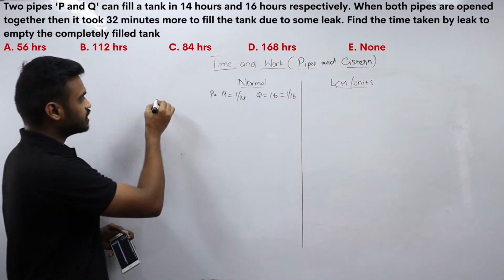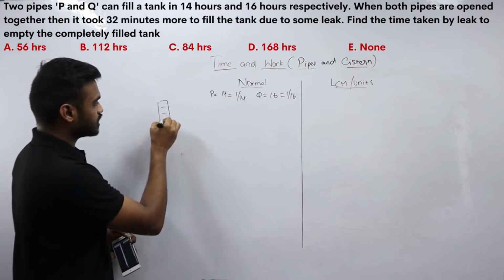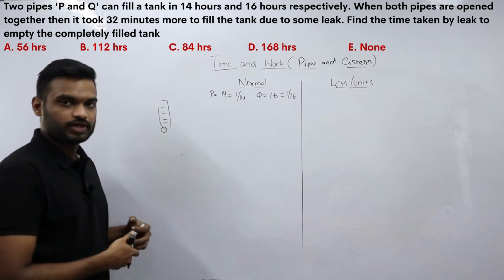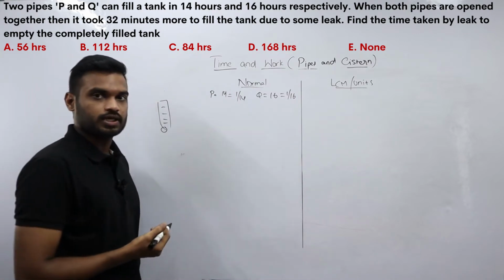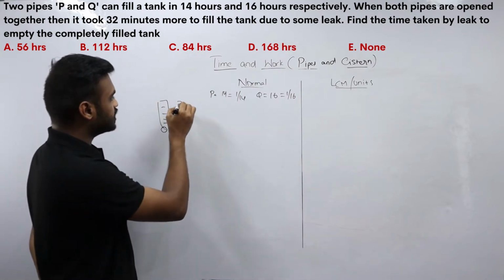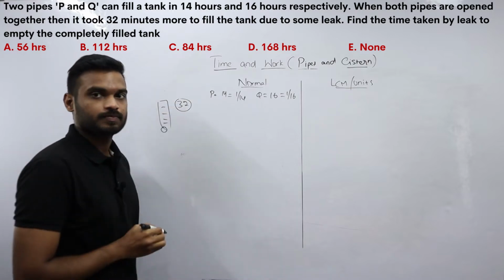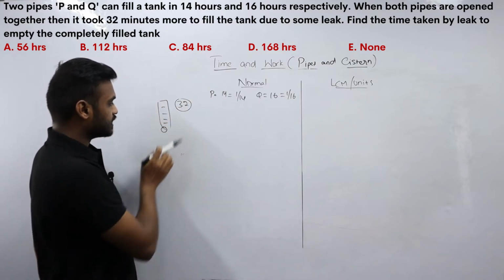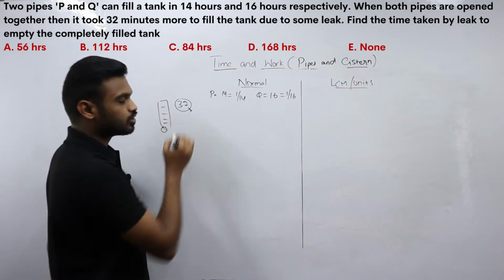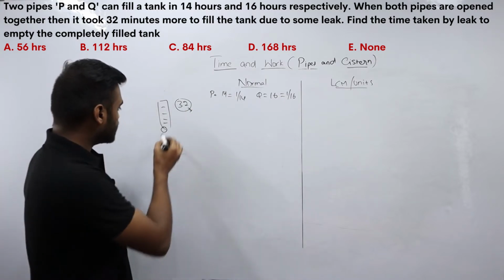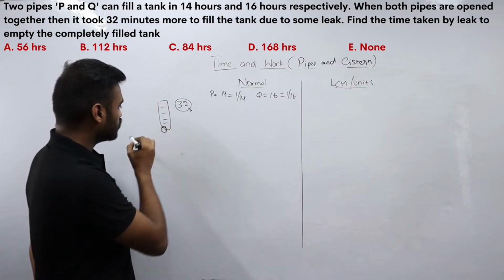Okay. Now they are saying that there is some leak for the tank. So to fill the entire tank, if both P and Q are opened together, due to this leak, it is taking 32 minutes more time than expected. So to find out the total time taken for the leak alone to finish the entire tank,